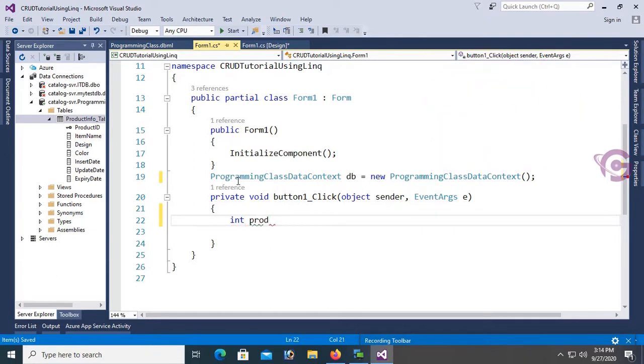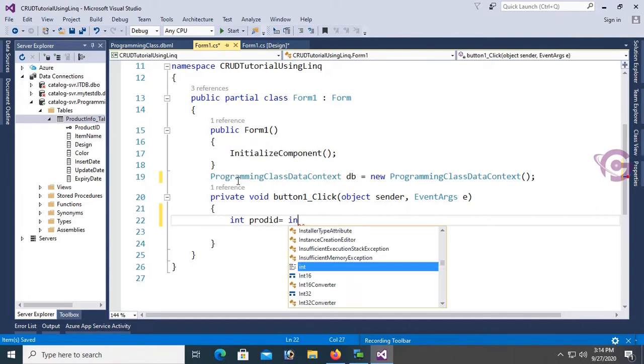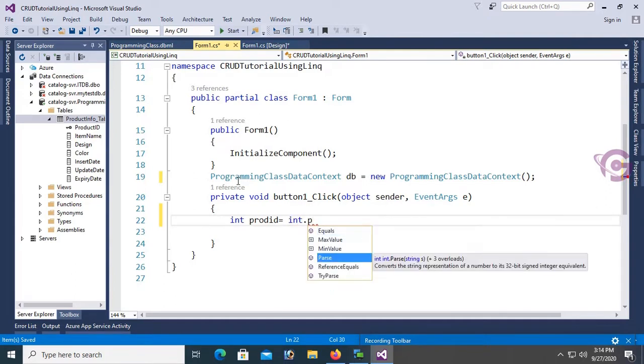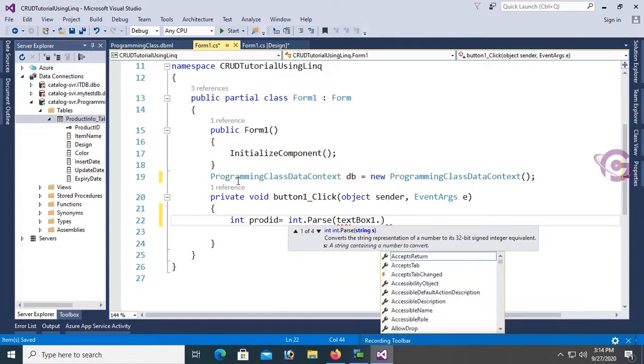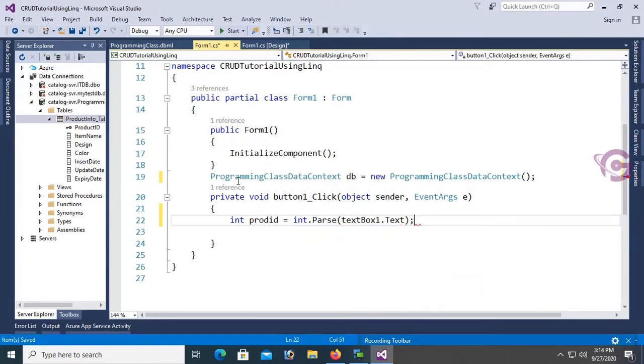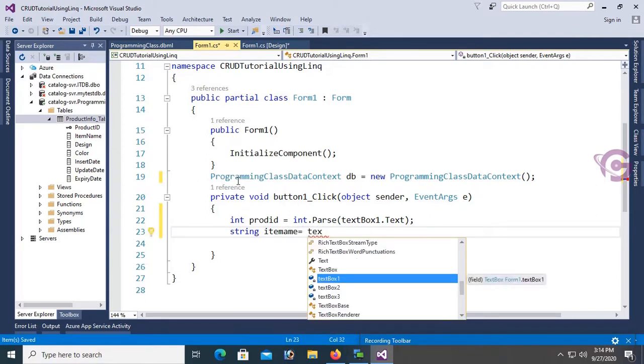First of all, I'm going to declare some variables. The variable is product ID, an integer: int productID equal to int.Parse(textBox1.Text), and a string item name. Item name is a string type variable, item name equal to textBox2.Text,